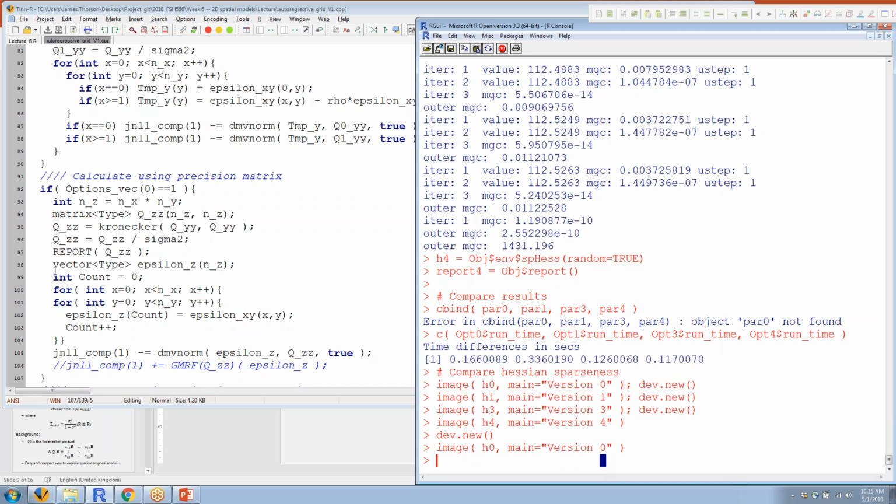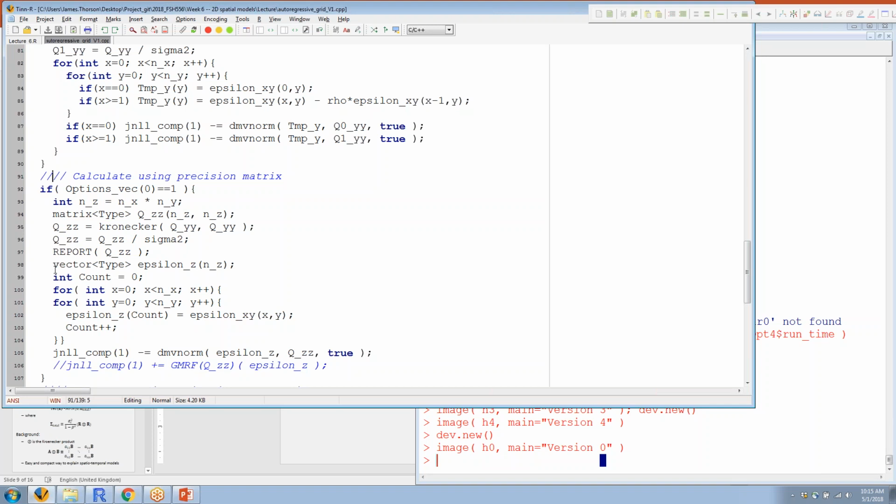But it's still more compact code than the first way, and you can also start seeing how this one could scale in more dimensions, because if you've got a 3-dimensional model, you could just take the Kronecker product of one matrix and another, save that, and then do the Kronecker product of that same matrix in the 3rd dimension. And so this one would extend to higher dimensions, whereas the first one